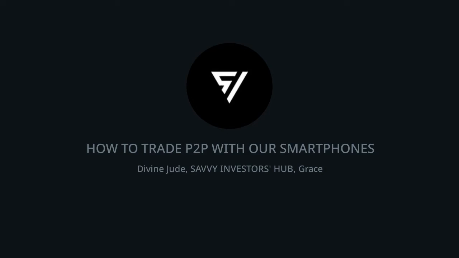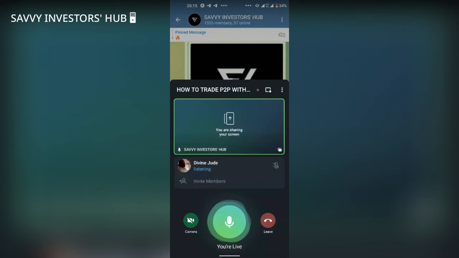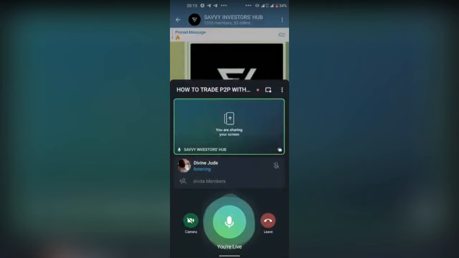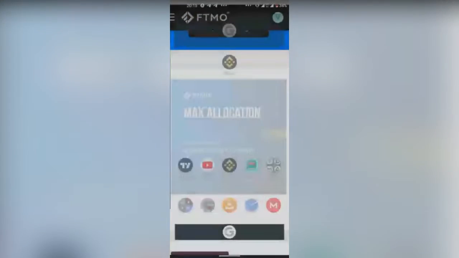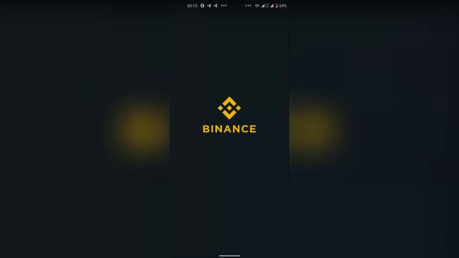So now this is basically what you need to do. Number one, create and verify your Binance account. Two, download your Binance app. Download the Binance app from your app store and then log in. Sign into your Binance app. So let's go to my Binance app so that I can show you guys how to trade Binance P2P using the Binance app. That's basically what I want to share with us now. So I'm live. Once you log into your Binance app,